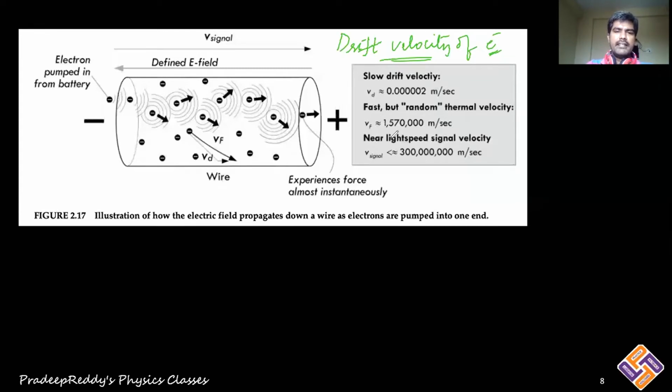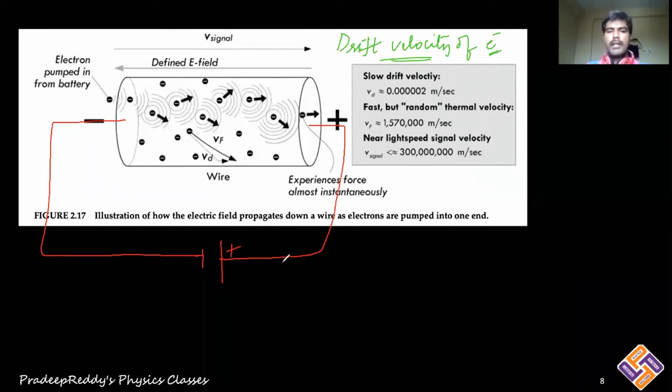Now I am taking this conductor and connecting it to a battery such that this terminal is positive and this terminal is negative. As it is the positive terminal of the battery, this side is represented with a positive sign, and this is negative, so it is represented with a negative sign over here. And when I am connecting it to the battery, what does the battery do? Battery offers potential difference.